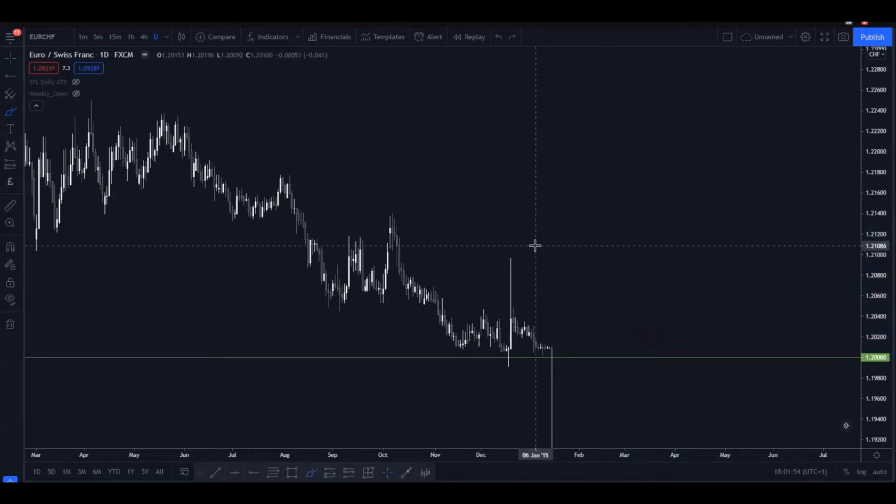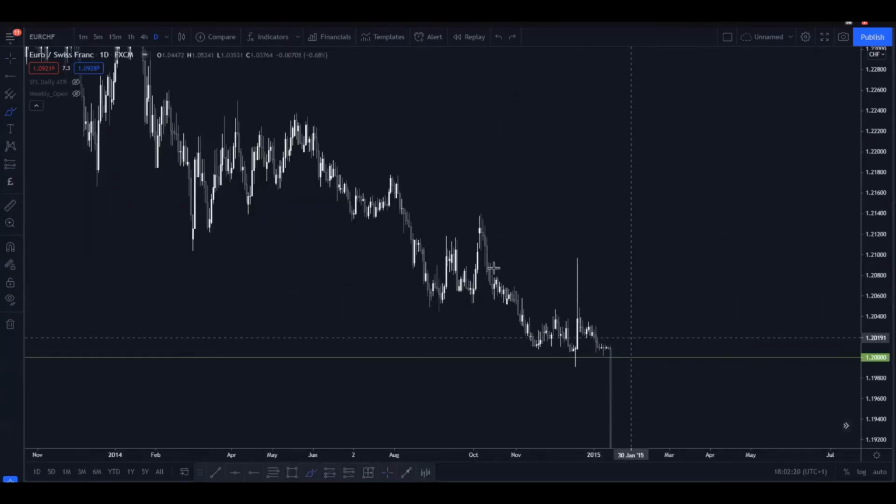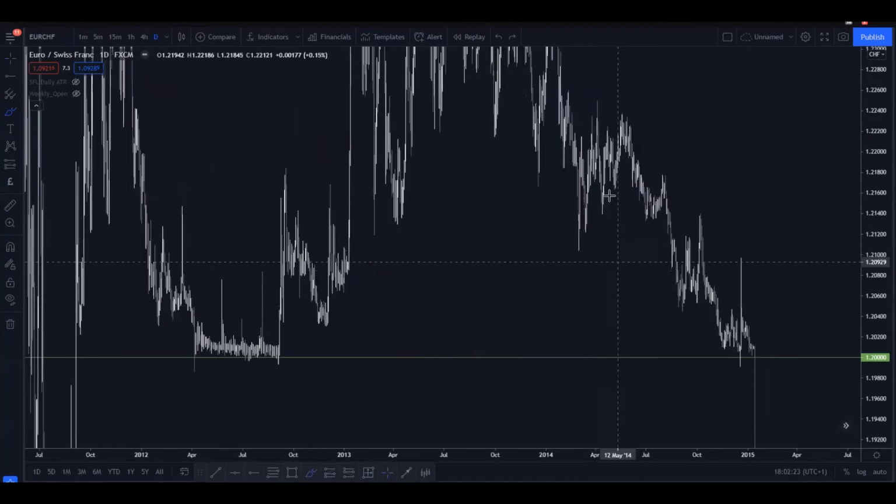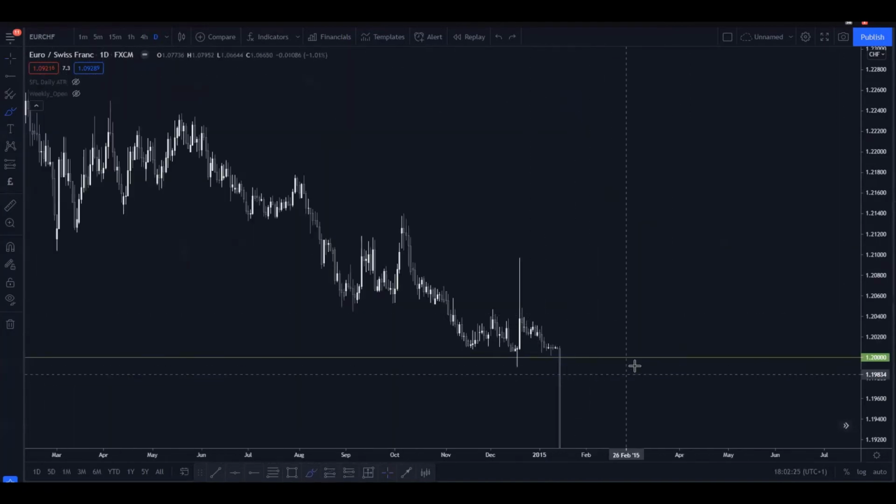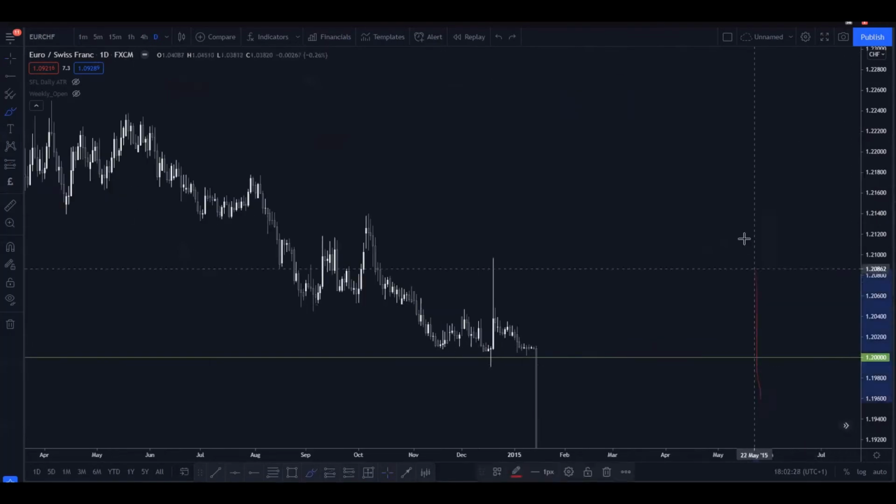But then, as I said, at 10:30 in the morning, the SNB came out and said they abandoned the floor, and that's when the market collapsed, and many people would have been slipped hard on here. Many people would have lost their accounts because of the slippage. Many people might have had the biggest loss ever, as they would have got a margin call because of the sheer force of what actually happened. So if you look, I'm going to scroll down in a minute, and you can just see the sheer force of this candle. So the market on that one day went from 120 to, let's do that 2 seconds.